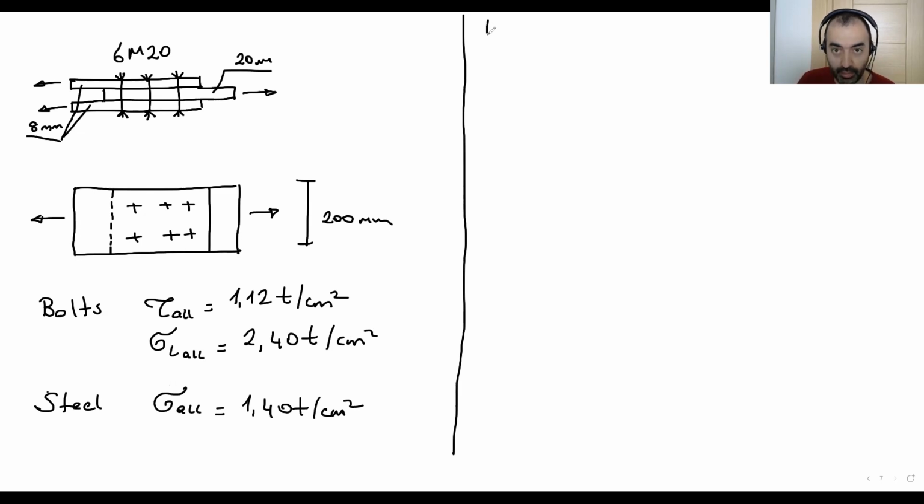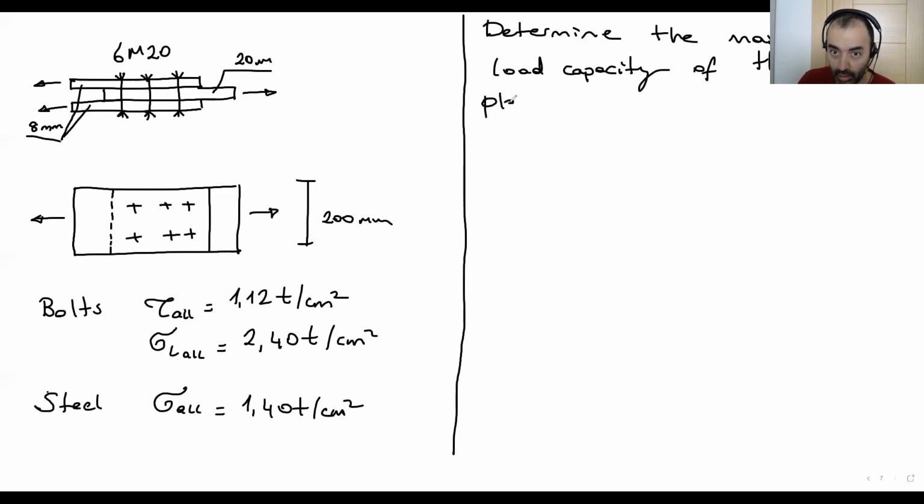The question is: determine the maximum load capacity of this steel plated connection. Okay, this one. Now, what we are gonna do here, we will have